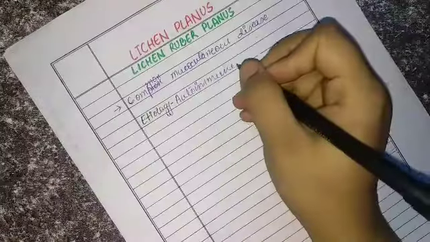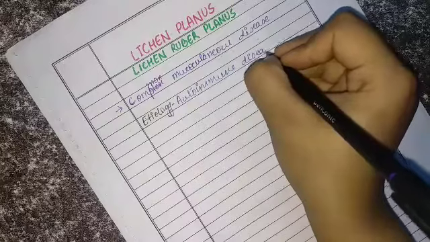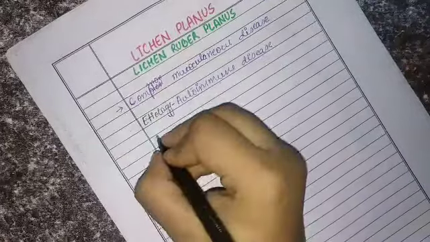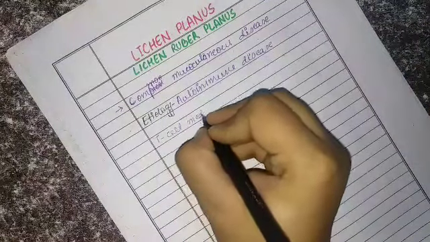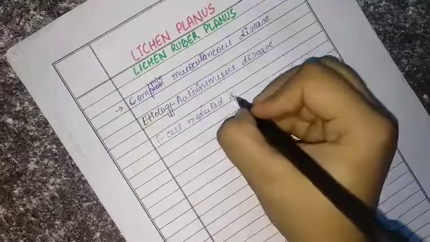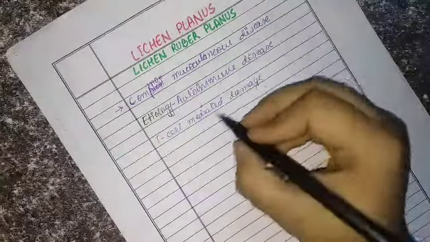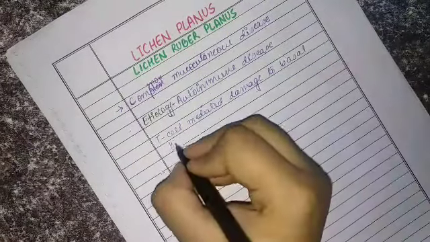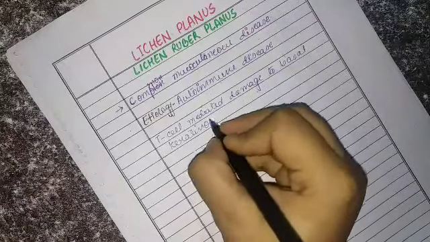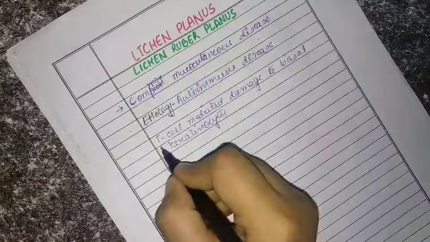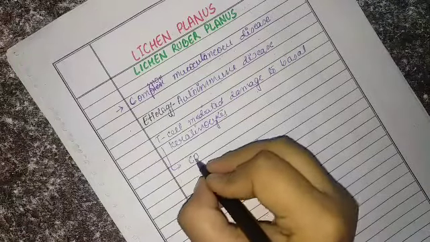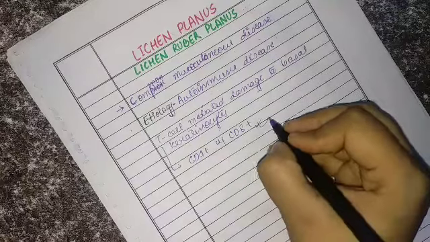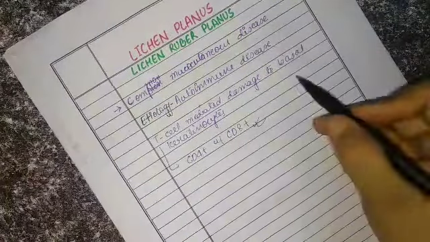Etiology: lichen planus is thought to be an autoimmune disease. And how does it damage our skin as well as mucous membrane? It's a T cell mediated damage. Okay, it's a T cell mediated damage to what? To the basal keratinocytes. And which are these T cells? These are CD4 plus and CD8 plus. So these CD4 plus and CD8 plus cells damage the basal keratinocytes.